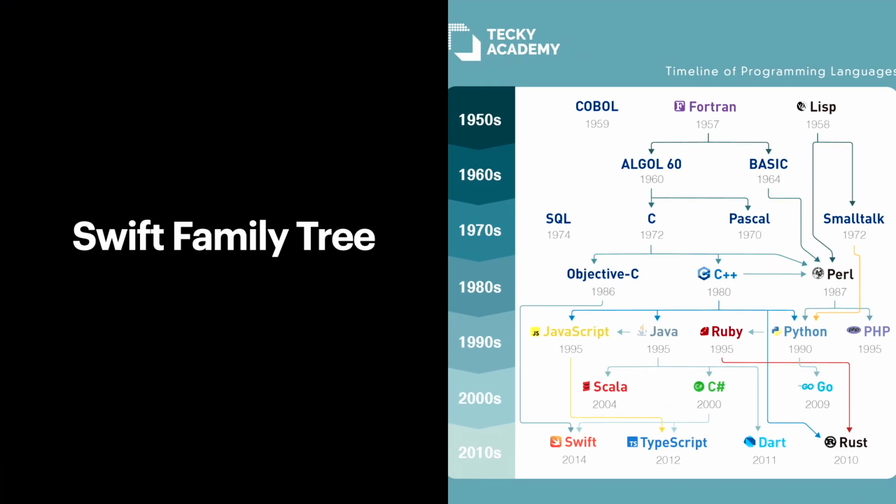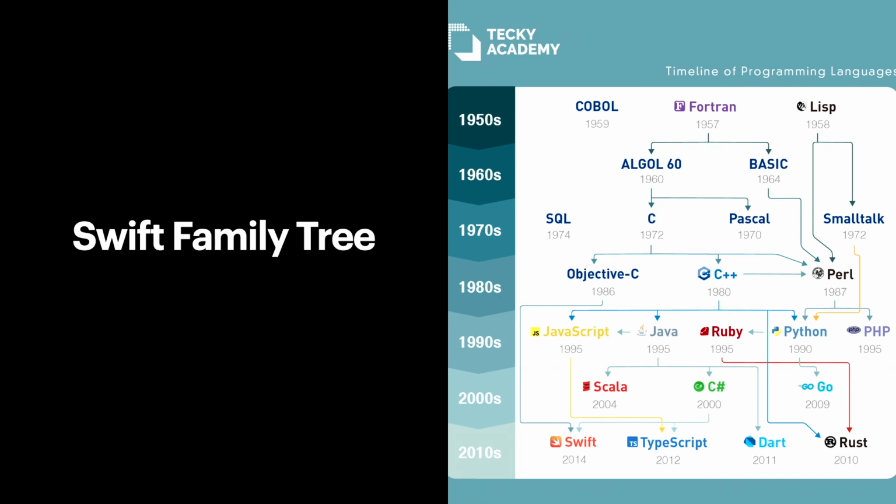Just looking at the Swift family tree here. I like to think of Fortran up there as kind of the godfather. For those of you who are into mafia movies. Then you have Objective-C, who's kind of like the father of Swift. You got the older brother, who's TypeScript. You got this weird cousin, Kotlin. He's not even on here because we don't really want to talk about him, but you can just ignore that. We left him off the family tree.